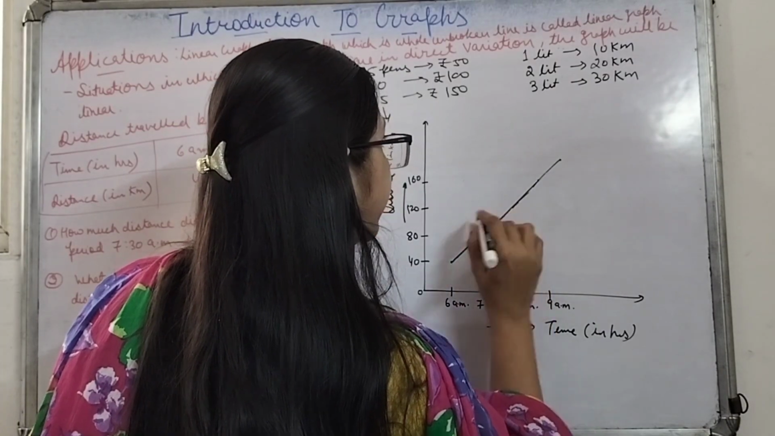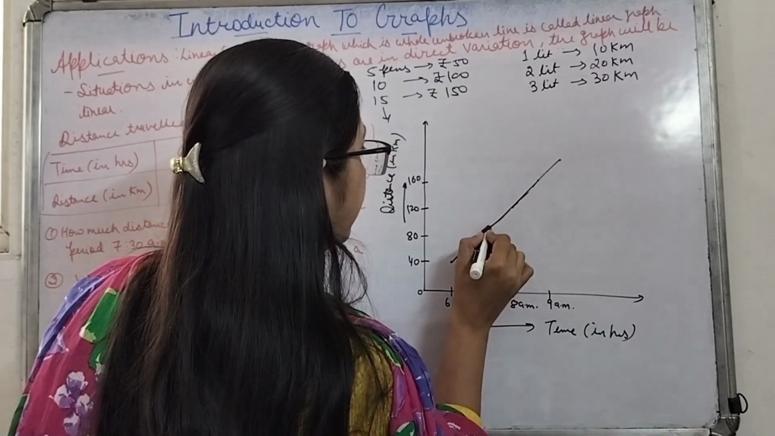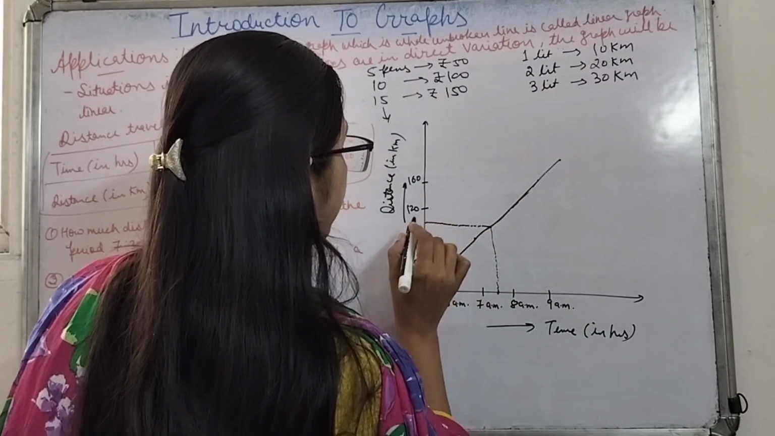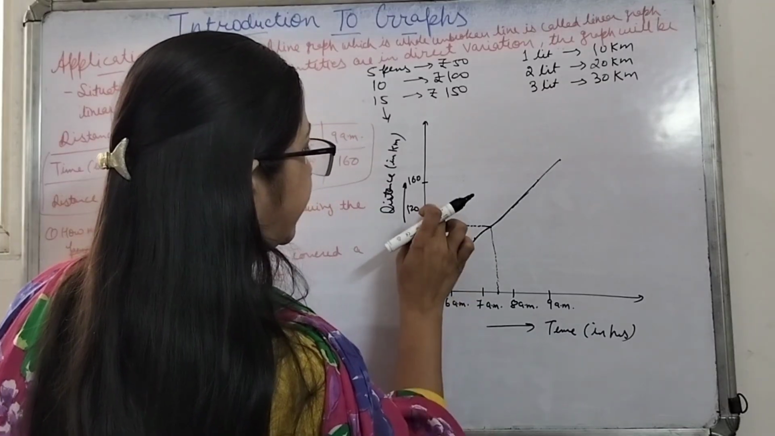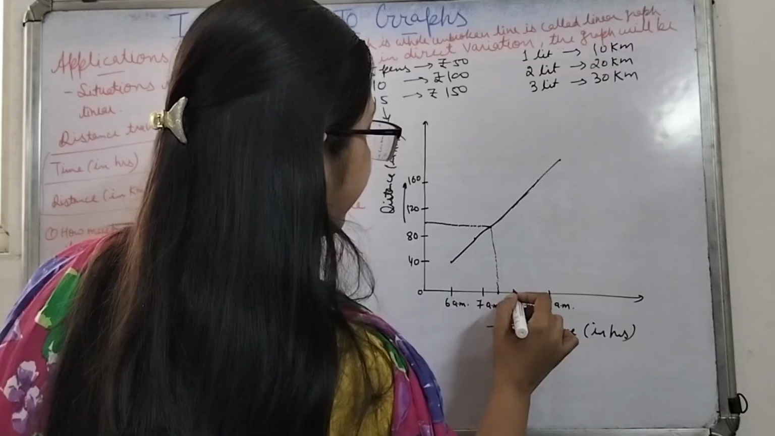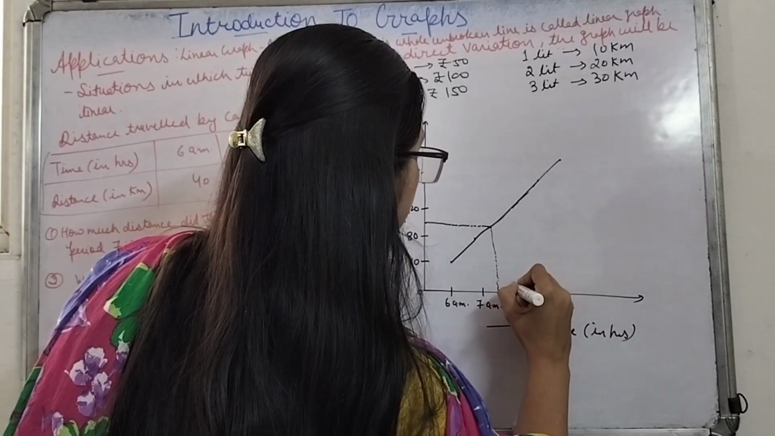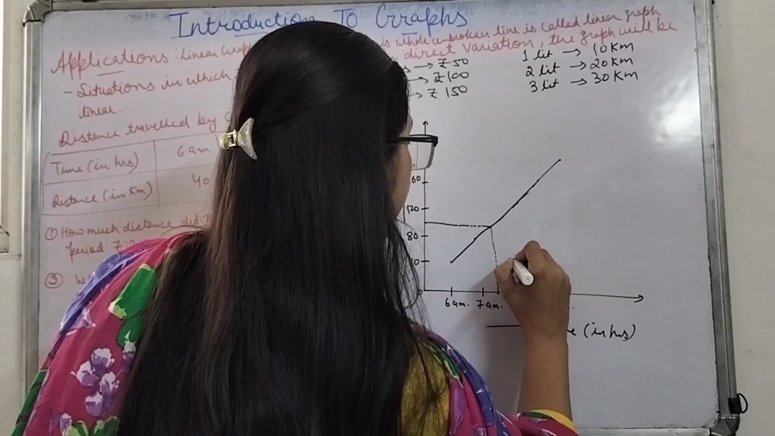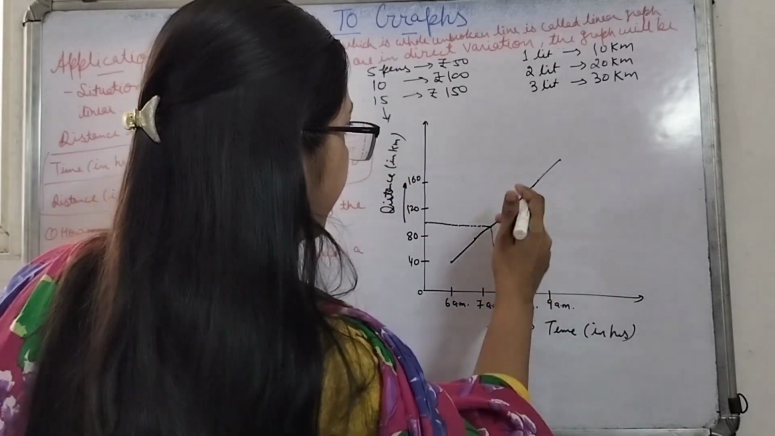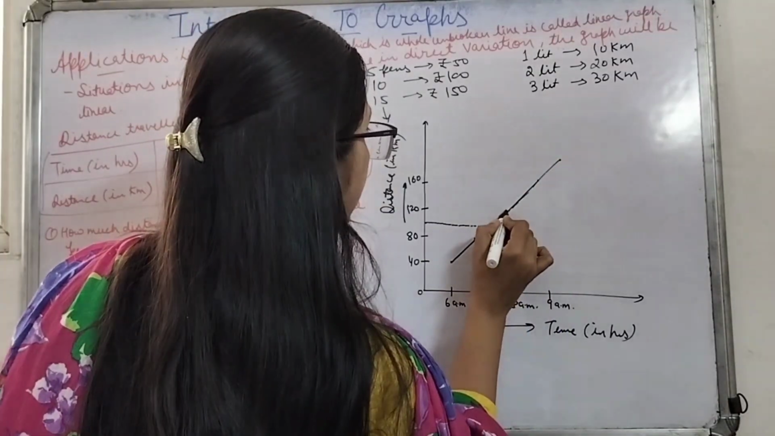wherever it intersects the linear graph, from this point we will make a horizontal line like this. This point will be in between 80 and 120, that is 100. This point is the 100 point. Now 8 a.m., we have already made the graph. At 8 a.m. it was 120. So at 8 a.m. we take a vertical line like this, and from the point where it intersects the linear graph, we make a horizontal line